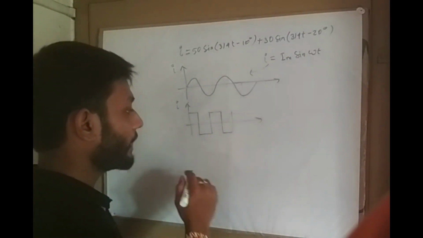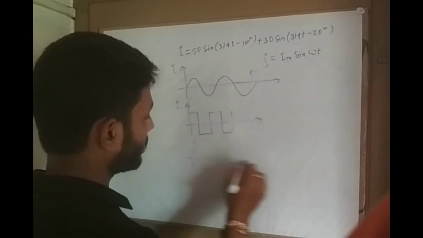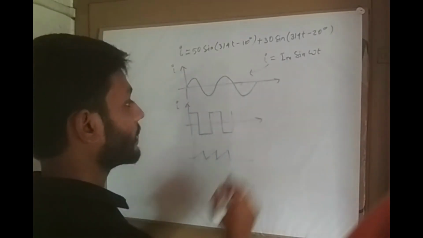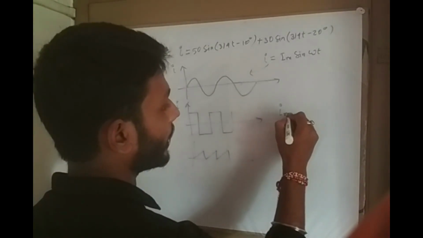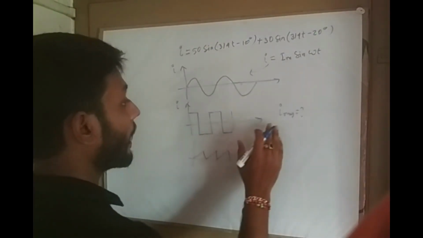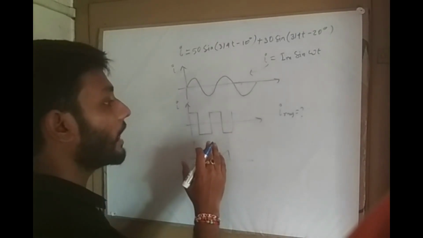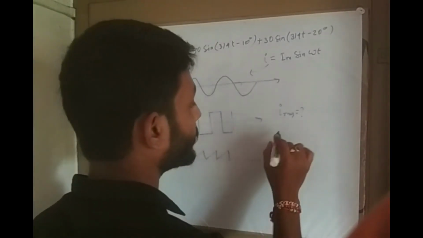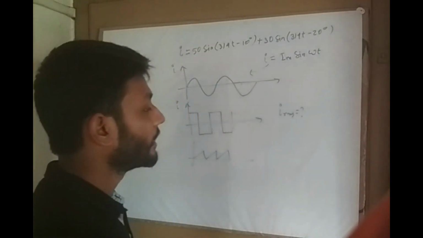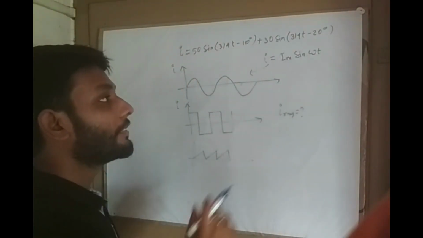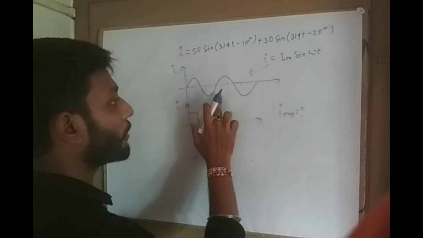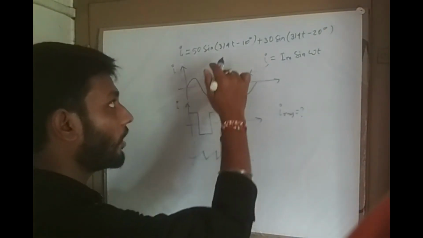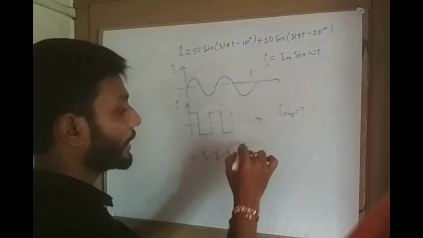It may be given in terms of rectangular waveform, and you may be asked to find out the IRMS value. Then how is it possible to find out the RMS value from this type of wave shapes within very short time? For that, you have to know different shortcut methods for finding the RMS value from this type of equations or wave shapes.